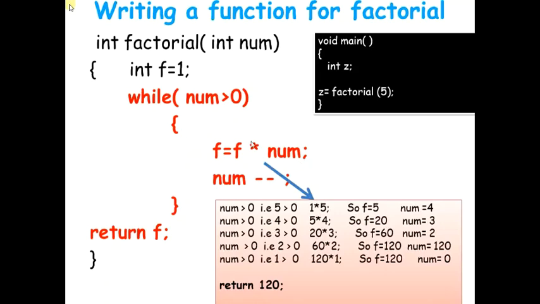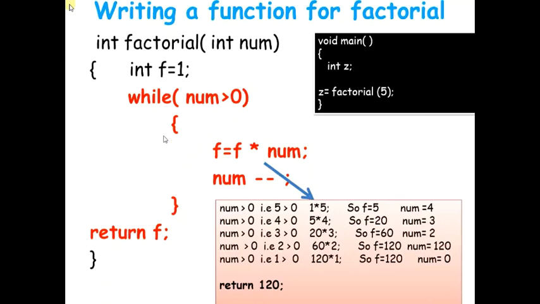But when I generate this piece of code, I am using one extra variable f. Because I am using this extra variable f, which I used for the functioning of my code, I go ahead and declare it over here, and this becomes my local variable declaration. F is not recognized in any other function other than factorial. It is born here and it is dead here. So the life of f is only from here to here.